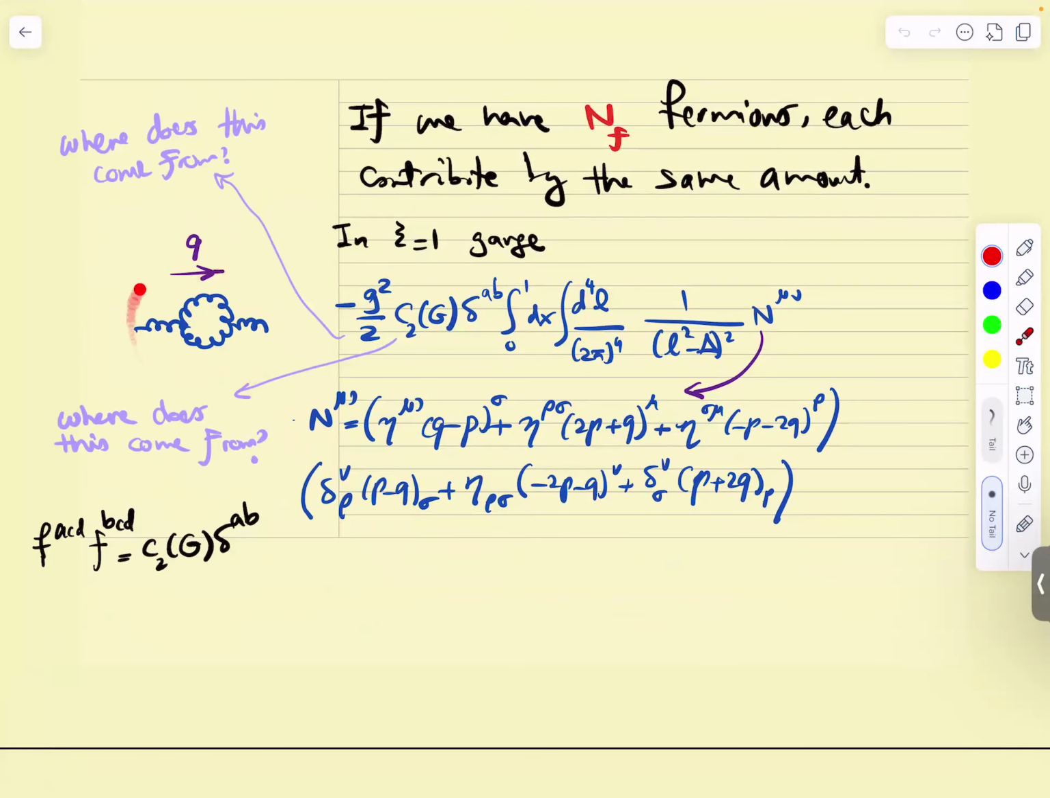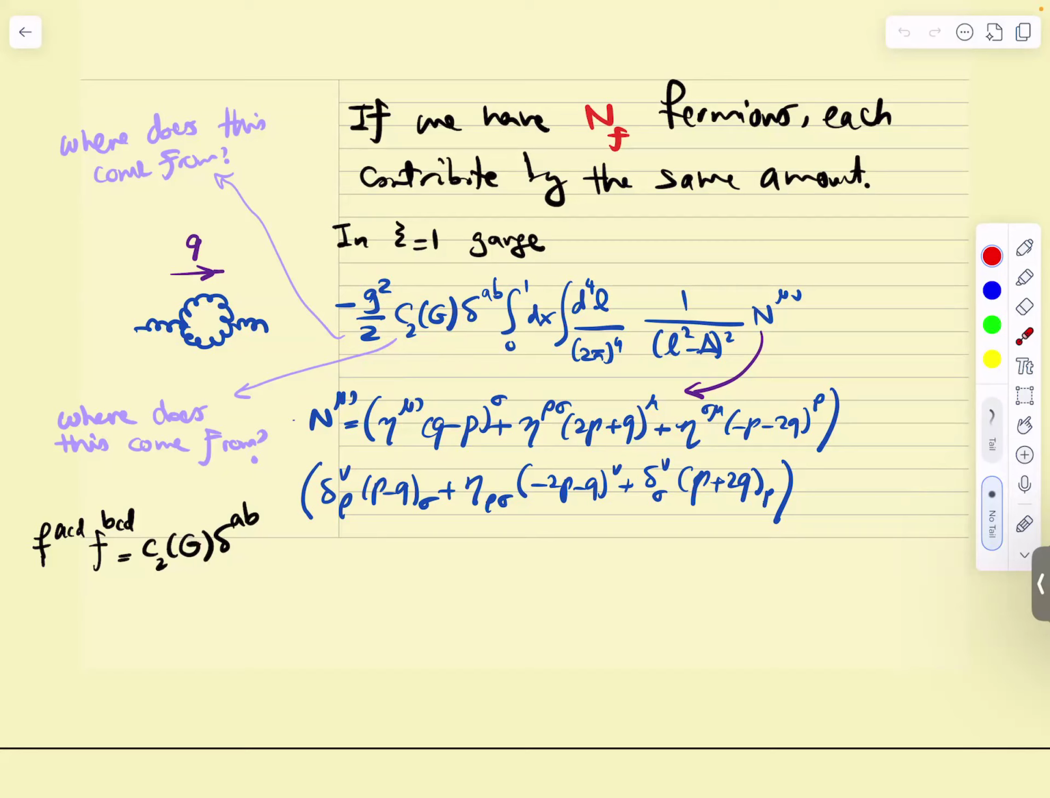Now I'm just writing the answer for it in the c=1 gauge. So there's minus g squared over 2. That shouldn't surprise you. g squared over 2, there are 2 vertices. C2 of g. Where does this come from? What is C2 of g? C2 of g comes from